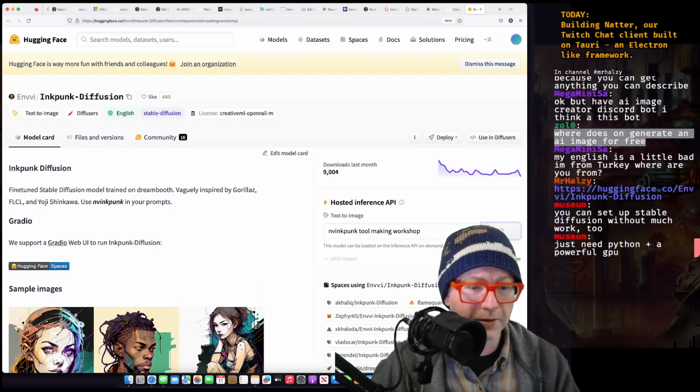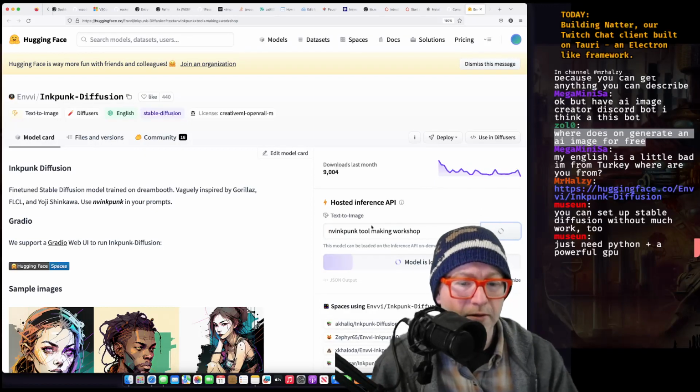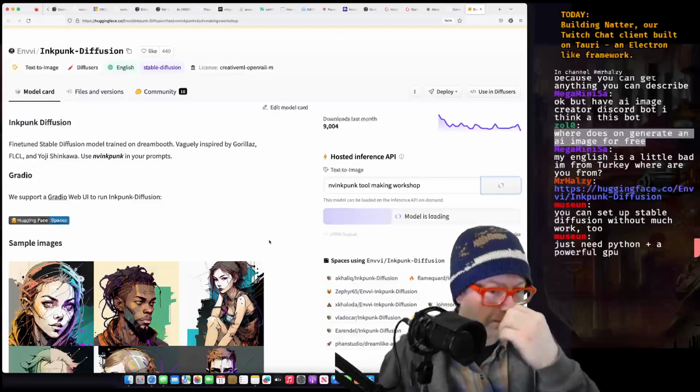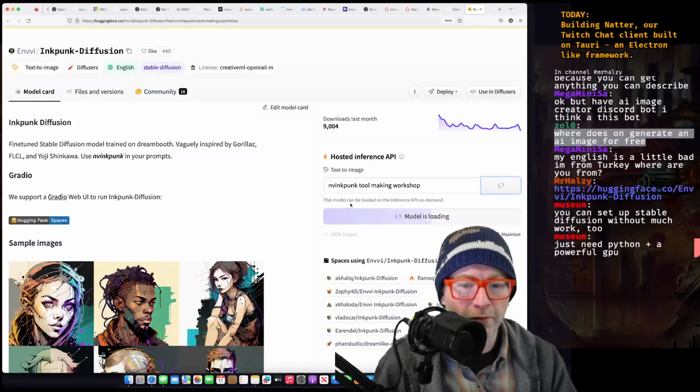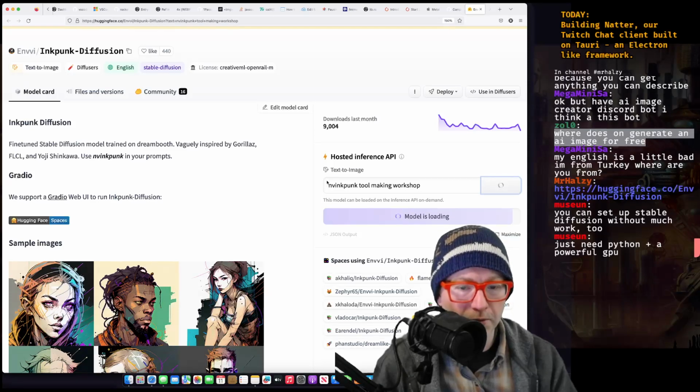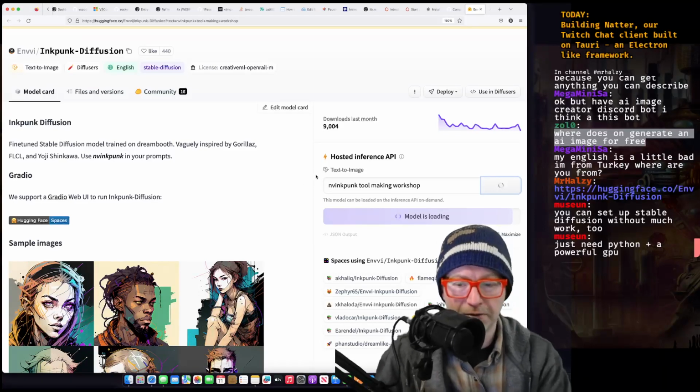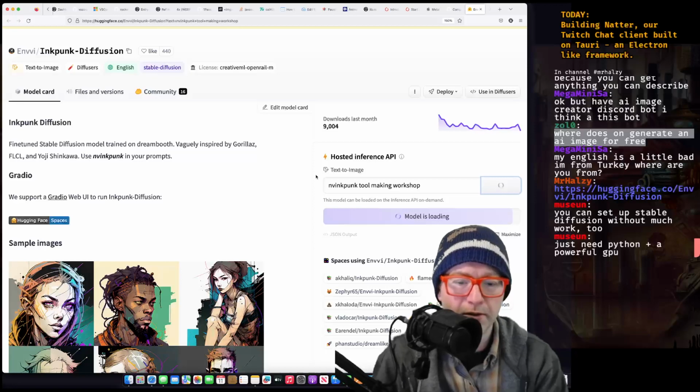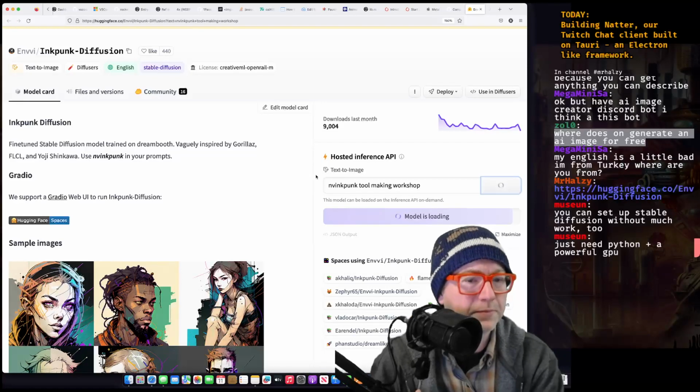You can get into there, and then I think it will go into a queue, but it doesn't take long. It gives you access to these things without having to set anything up, which can be rather fun.